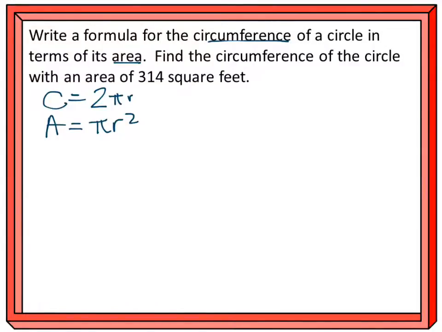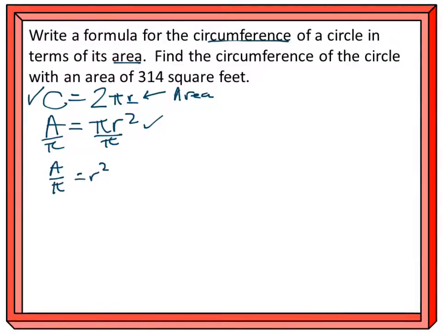We're going to do some substitution because it's asking us to rewrite this formula and get rid of the radius, and instead there's got to be area in here. In other words, the input is area, the output would be the circumference of the circle. So we're going to solve the system of equations by substitution. We'll take the area formula, and if I solve it for r, I'll have something to substitute back into the other formula. So first I'm going to divide both sides by pi,